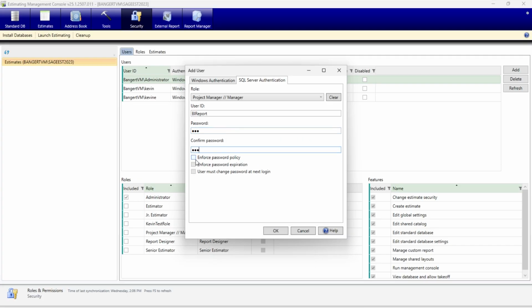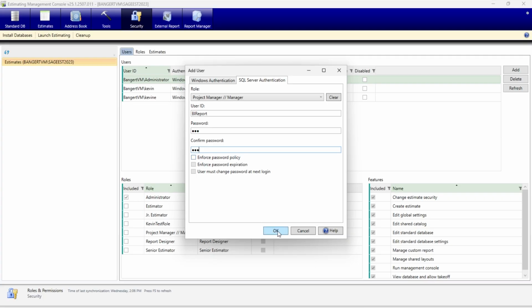And then on passwords, you can also tell it whether it needs to look at your SQL database to know password policies and password expirations, and whether the user needs to change the password the next time they log in and things of that nature. So in my case, I'm just keeping it real simple here. So I'm just going to go ahead and keep it as what I've got set here.